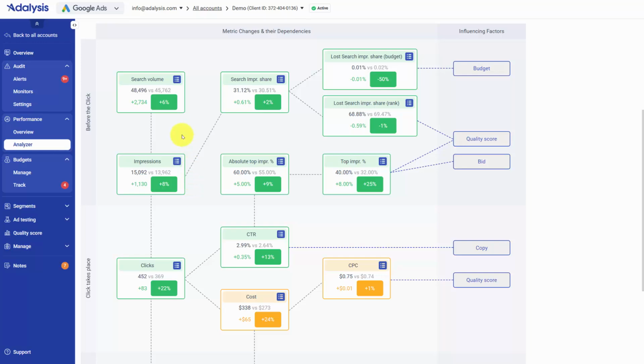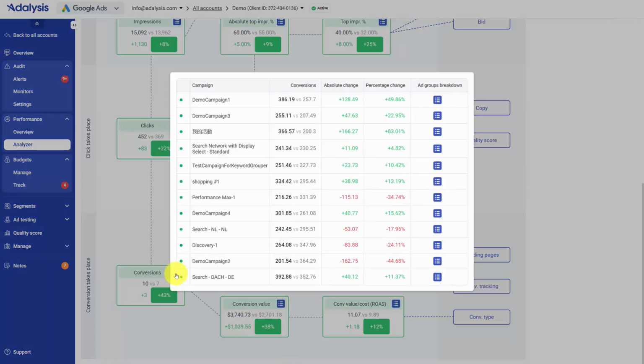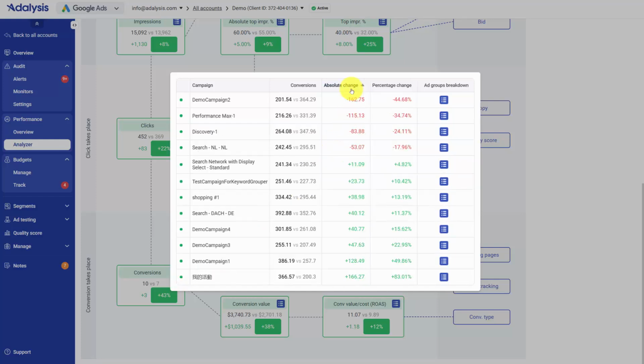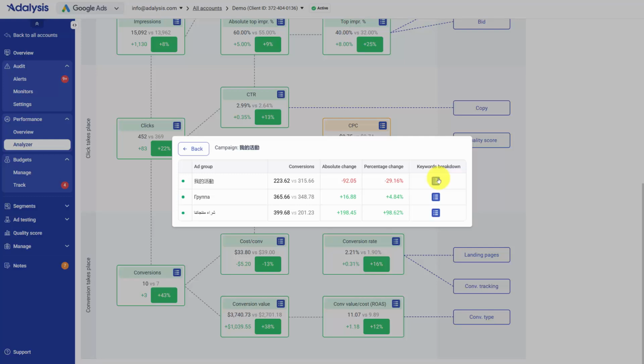And this will let you easily see the relatedness of metrics. If we see somewhere we want to drill in more, such as where did we get more conversions from? We can click on the bullet icons and then we could sort our data lowest to highest or highest to lowest by changes, and then even drill into our ad groups and our keywords to really hone in on exactly where there was a change so we know where we want to investigate, put fixes into place, or take advantage